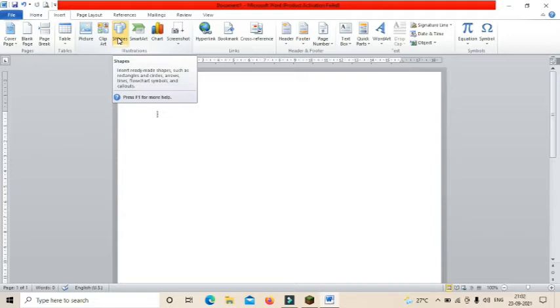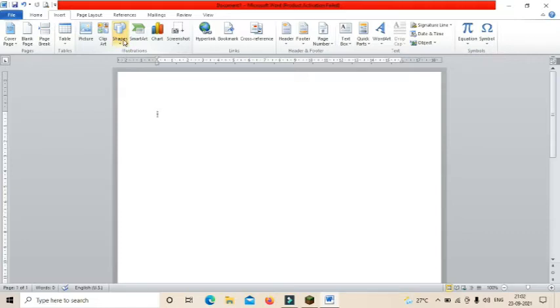The shapes option inserts ready-made shapes such as rectangles, circles, arrows, lines, flowchart symbols, and callouts. So the shapes option allows us to place different shapes such as rectangle, circle, callouts, and other shapes in our document. Let us see how to insert shapes.